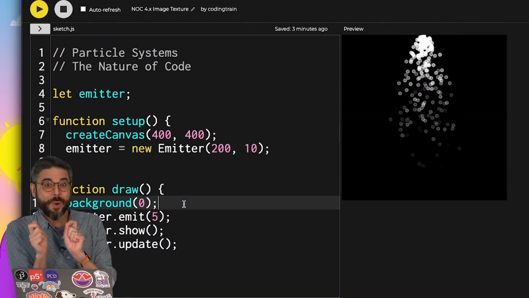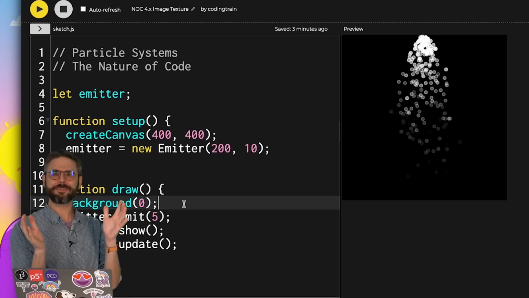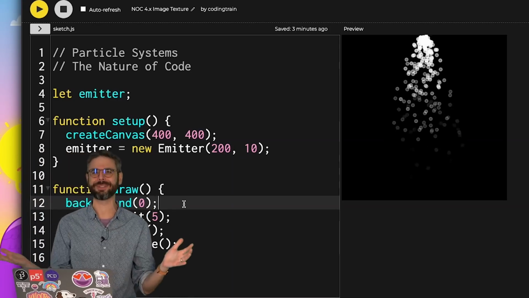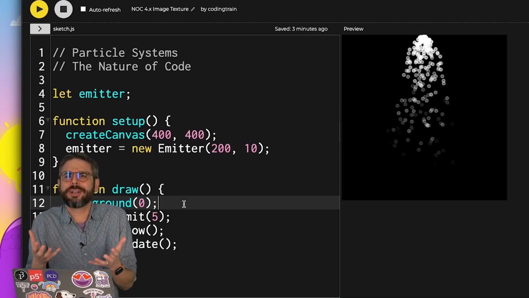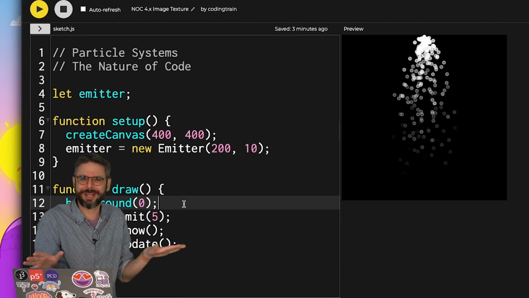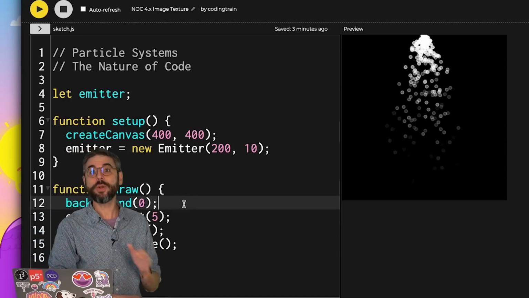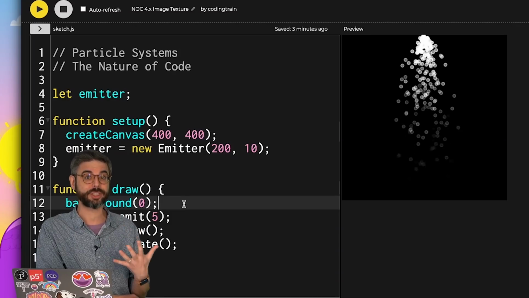I've got one more Chapter 4 particle systems video for you. Now, you might have noticed in all of these examples that I show throughout the Nature of Code book, there's not really a strong design point of view. It's grayscale circles. That's pretty much all I ever use. And one of the wonderful things about working with particle systems is the kinds of visual effects you can create